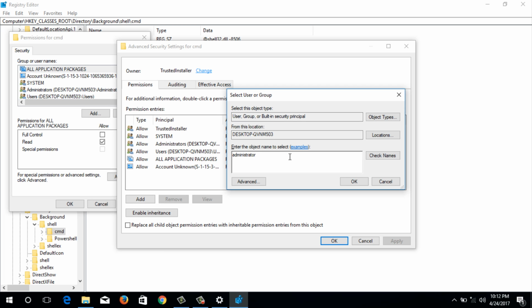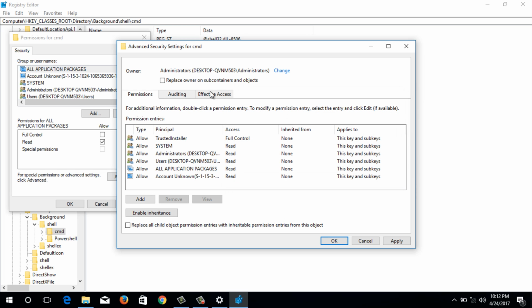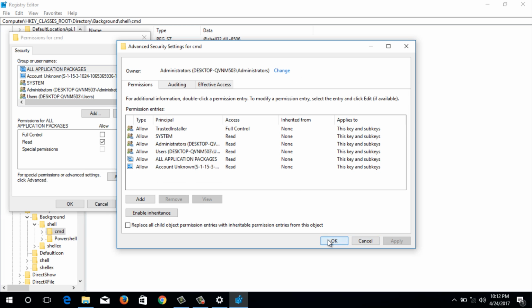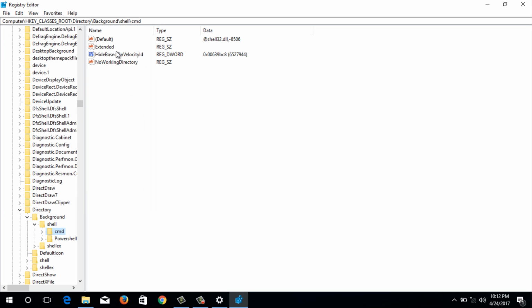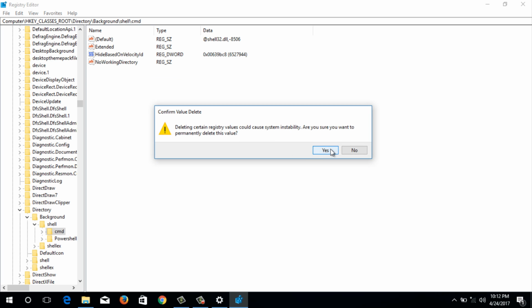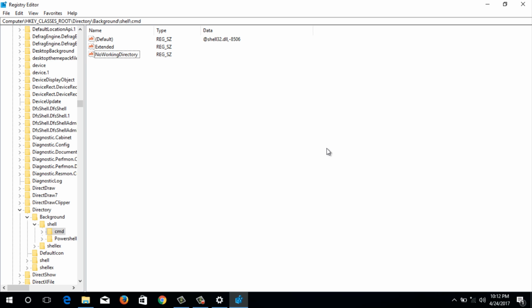Administrators. I am replacing the owner with Administrators and applying it, then selecting Administrators and allowing them full control over this. And now I am going to delete that key. So I have successfully deleted that key.